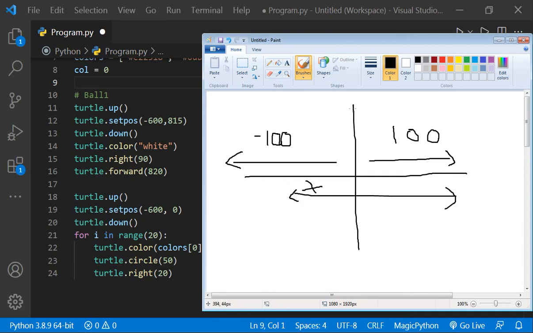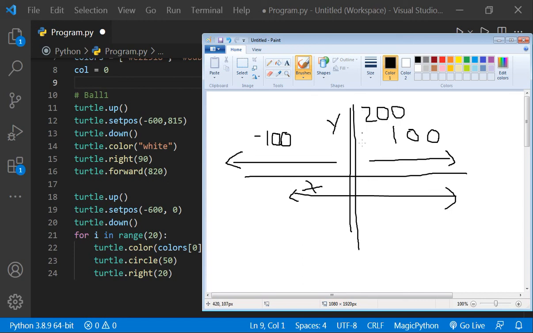Now about the y-axis, this one is called the y-axis. Hope you guys know it. If we want to move upwards, we will give the position in plus. We will increase the position. Suppose we have written 815 here; we can give it 200 also.